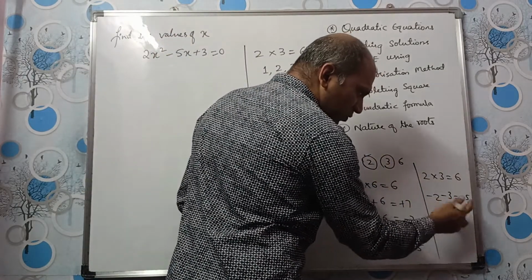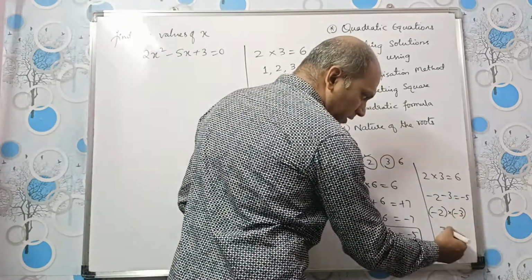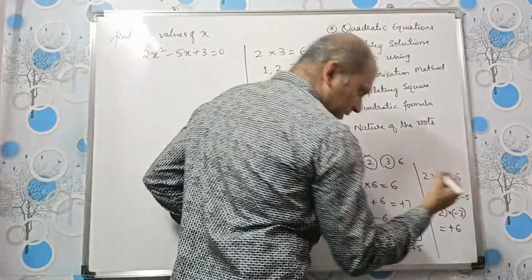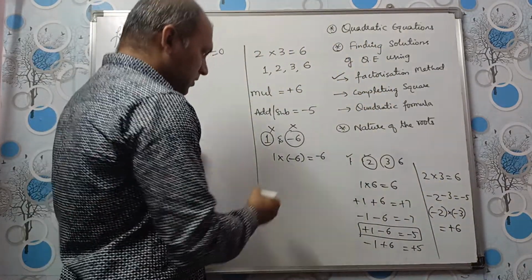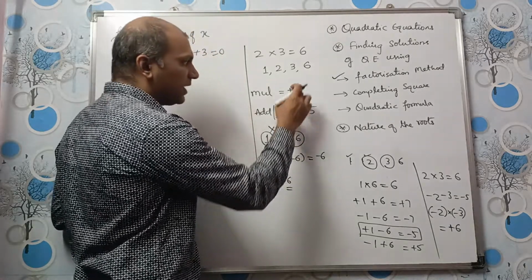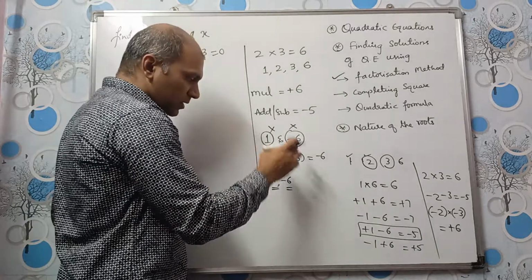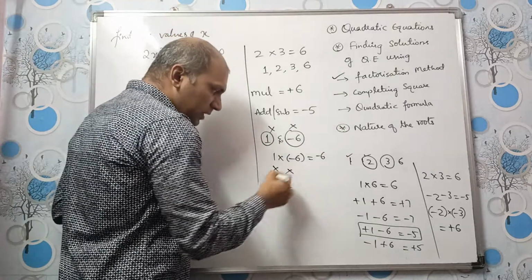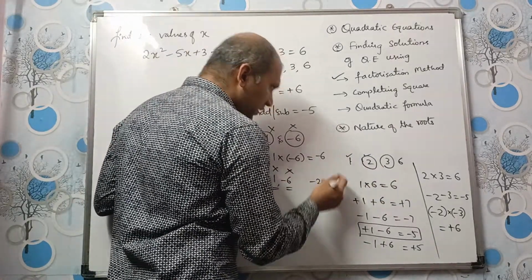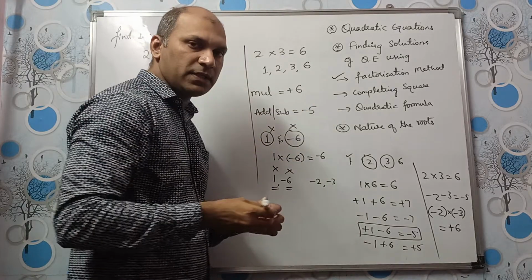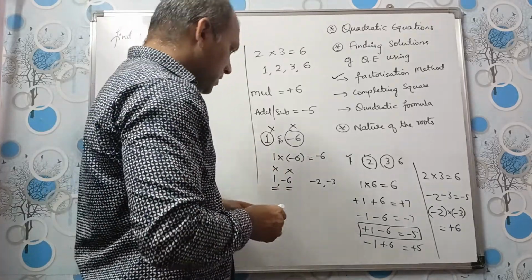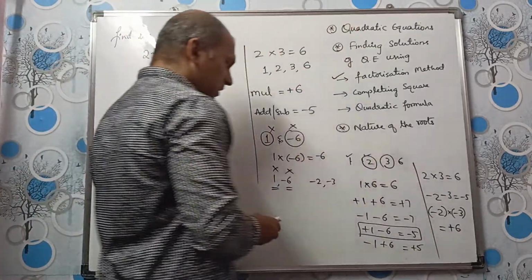Let us check this. See, minus 2, minus 3. If you multiply these numbers, we should get plus 6. Minus into minus is plus, 2 3s are 6. So see here, 1 and minus 6: these two numbers satisfy the multiplication and addition or subtraction, but still we are not taking this because the signs are not matching. If you take minus 2 and minus 3, the signs are matching and the numbers are also matching. Just be careful in such problems. So we need to take minus 2 and minus 3.